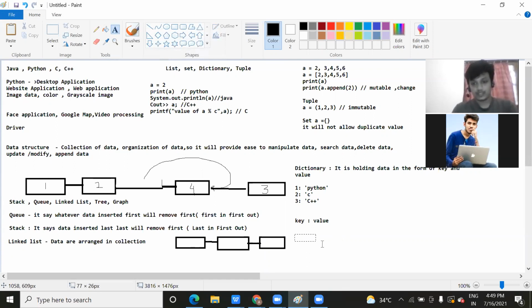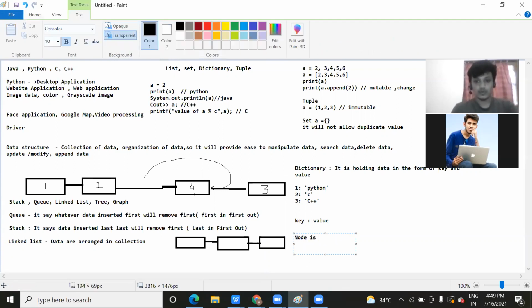In a linked list, a node is holding data and address. Now what do you mean by this? It means that each node will be divided into two parts.